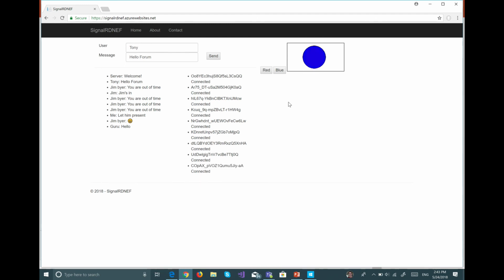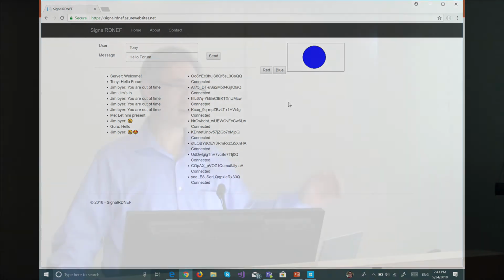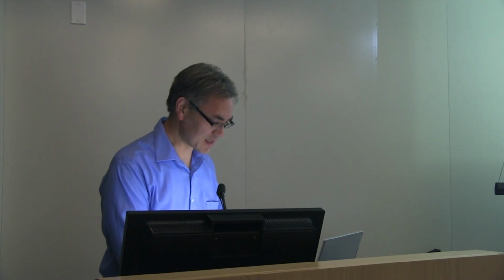If you have long-running things, for instance, if you're going to the time card application that's taking a long time to process something, you can be elsewhere in the site, and this can stay connected in the background. When it's done, it can push to you as the client and say, hey, this is done now. And that's SignalR wrapped up in a nutshell, and that was my last slide.